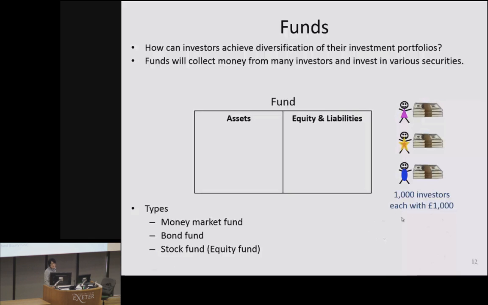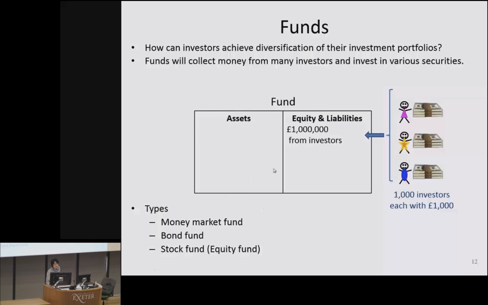Suppose there are 1,000 such investors, each having only £1,000. What they can do is establish a fund, and this fund collects money from these investors. The total is £1,000 times 1,000 people, so £1 million, and £1 million